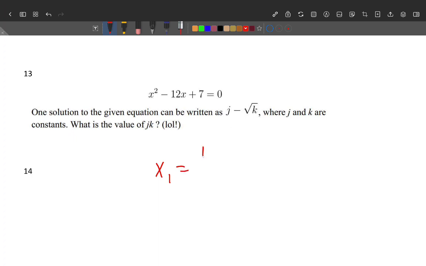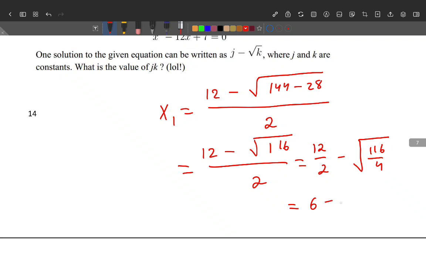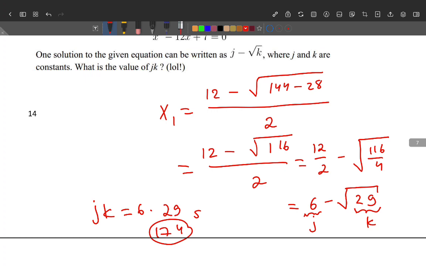I think the minus version we should use, negative, divided by 2. It's equal to